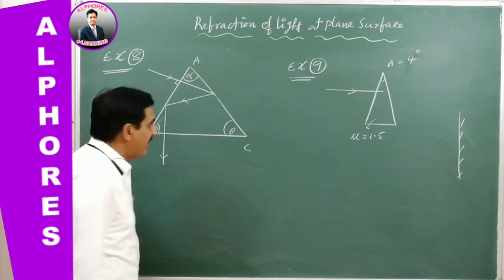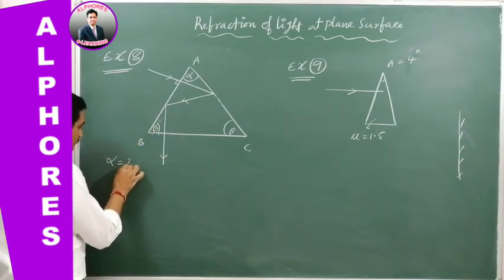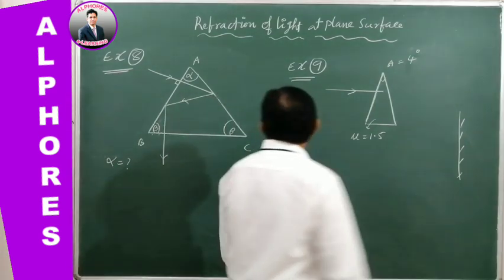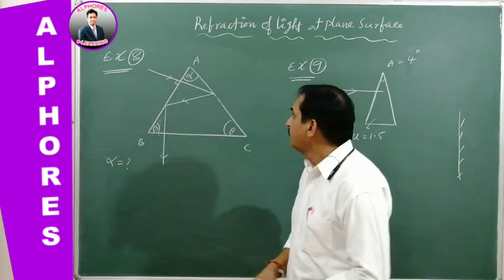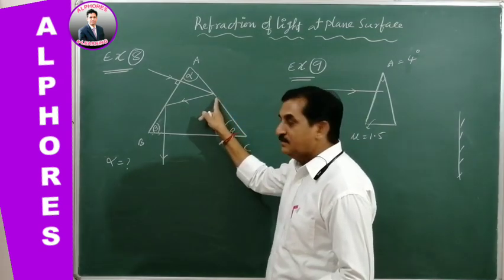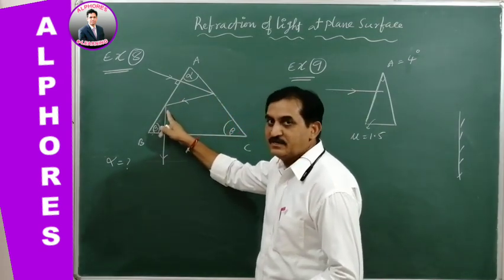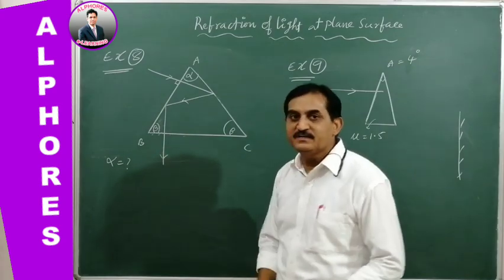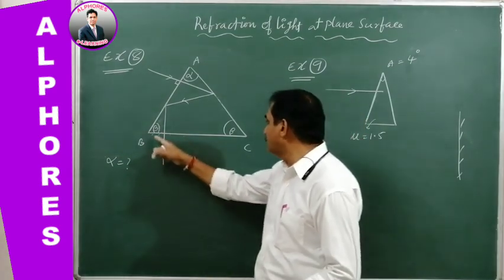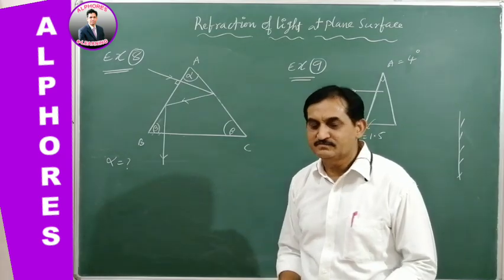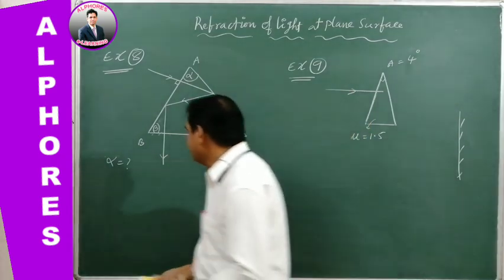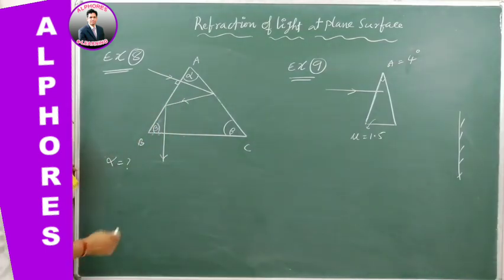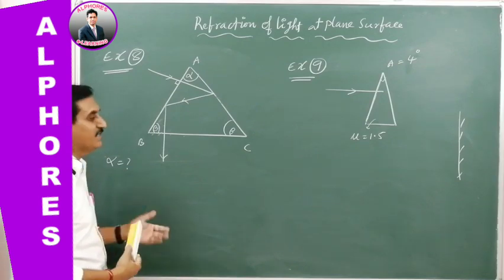Then what is the value of alpha? If the light is incident normal to this refracting surface AB and undergoes reflection, again reflection takes place at AB, and finally it exits perpendicular to BC, then what is the value of alpha? This is the question, right? Let us go for geometry. Totally it is linked up with geometry, nothing else.